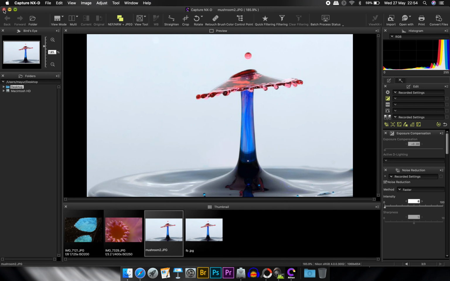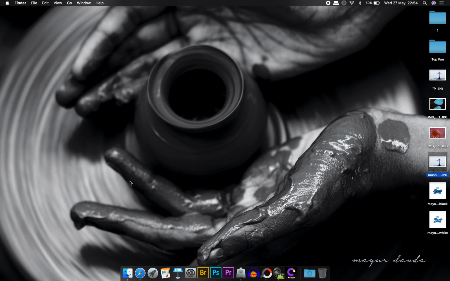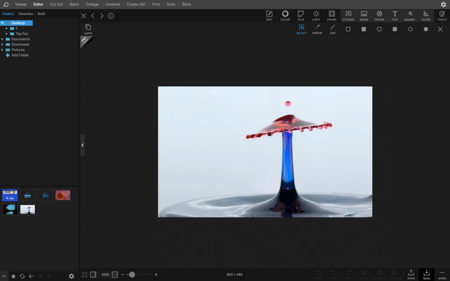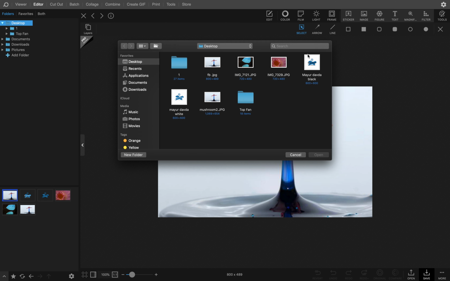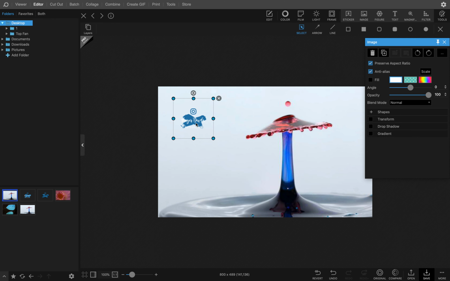Once that is done, you can close both the softwares and open the software of our choice, that is Photoscape. Once you open Photoscape, all you have to do is open the image of your choice, and if you want to put the logo, you go to insert image. You'll be selecting either a white logo or a black logo, but since this is an image with a white background, a white logo would not look so great.